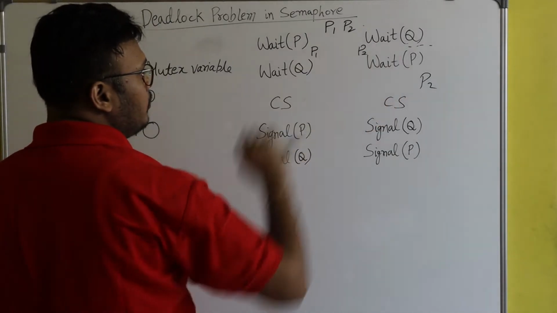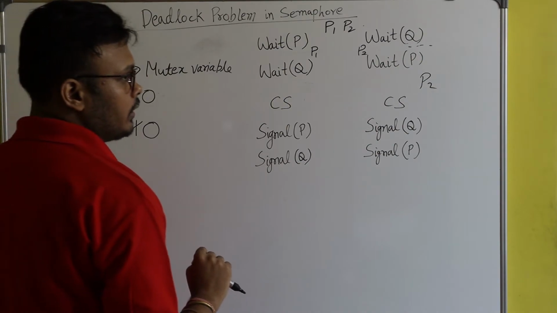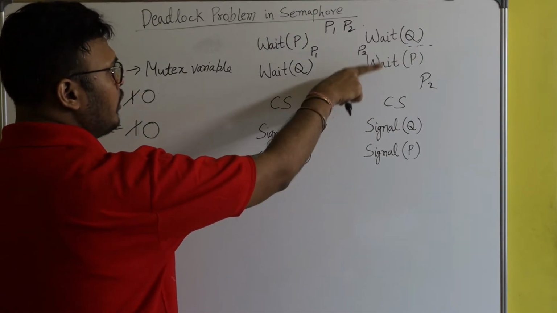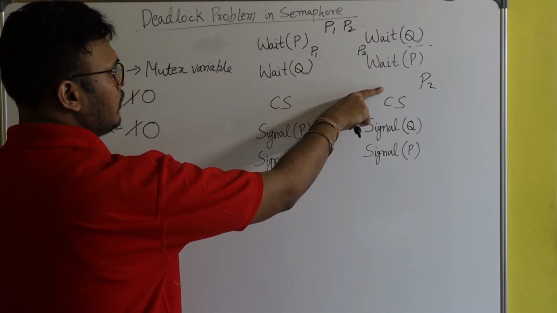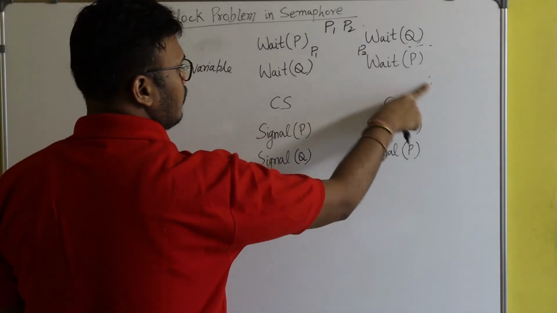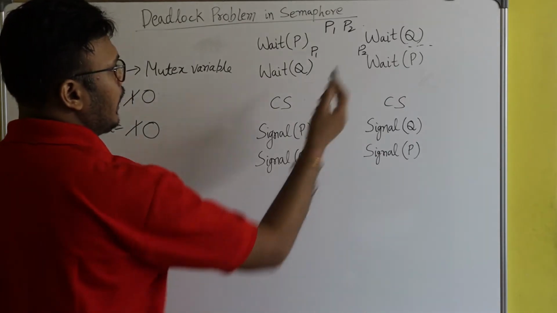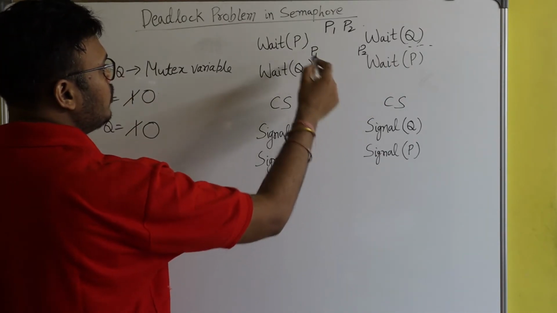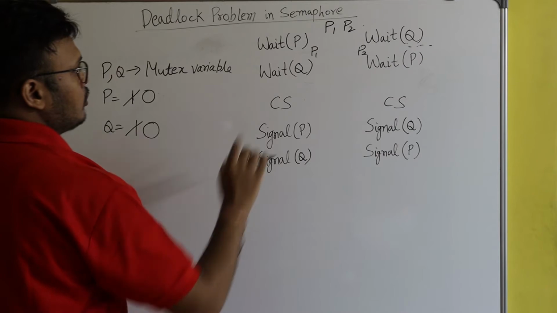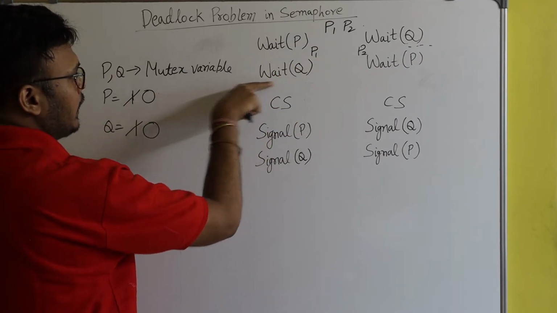because if the value of P is 0, then it means what? It will not allow P2 to come here. It will not allow P2 to come to the critical section. Fine. And now again context switching happened. CPU is given to process P1. So now P1 will run this line.